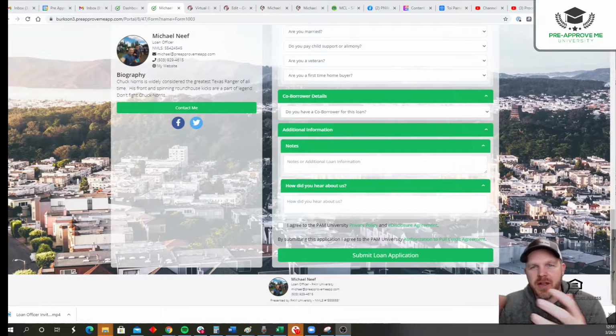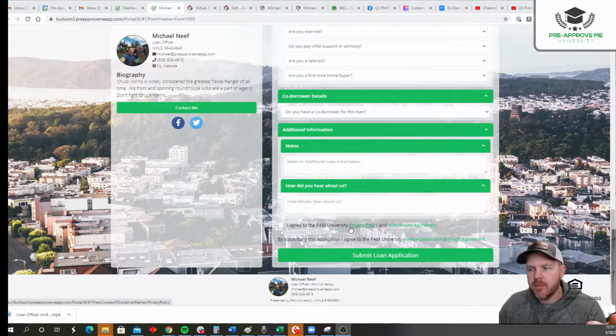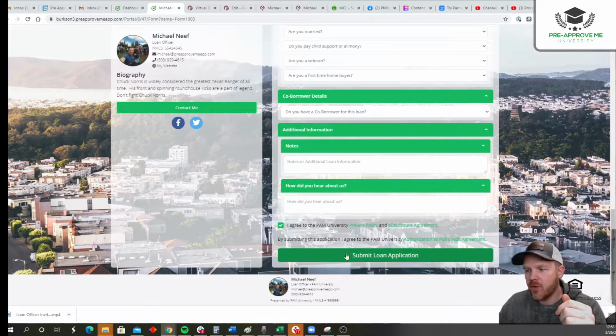All right, so your customer's filling out a loan application, and at the bottom of the application, we have some agreements that they need to sign in order for you to do your job as a loan officer. Mainly our privacy policy, our eDisclosure agreement, and the authorization to pull credit. So you can see these links down here as well as the checkbox that's required before your customer can submit